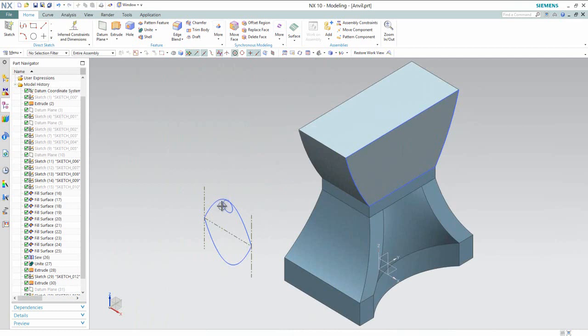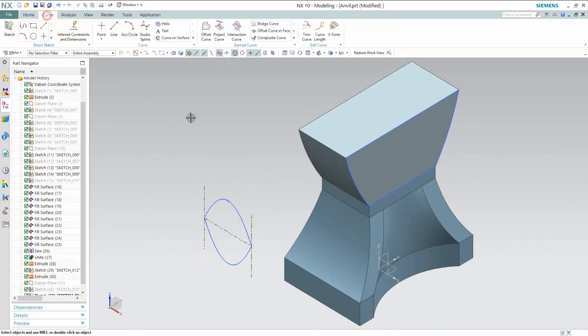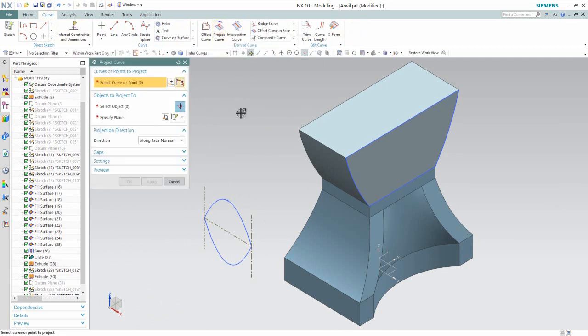Hide the visibility of the circle. Now we will go to the curve command and activate the project curve command. Choose connected curve option. Select the entire spline. OK.